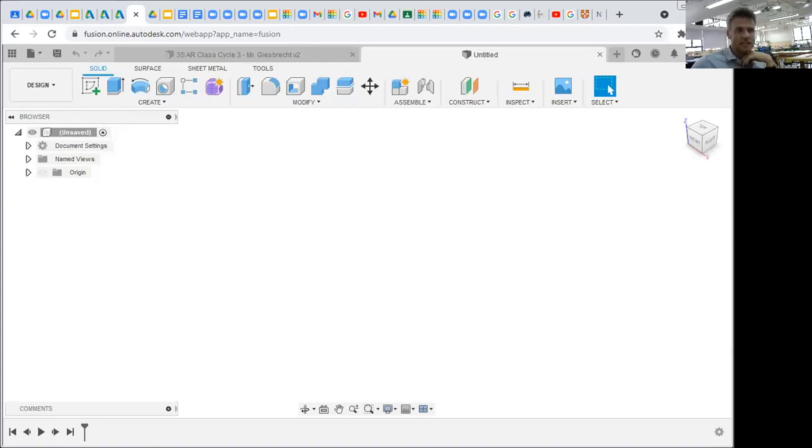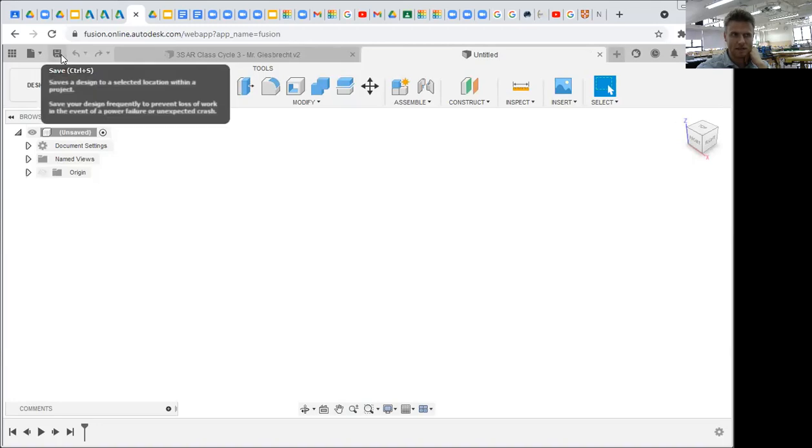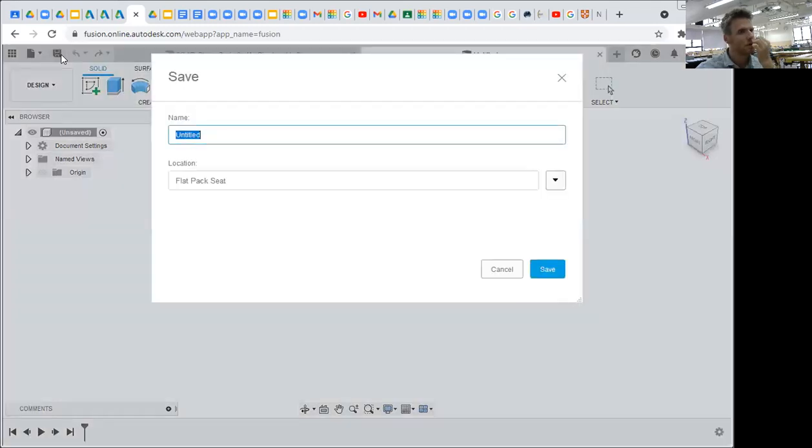All right, so for today's class, we're going to start getting introduced to the Fusion 360 program. Once you've got it open, the first thing we need to do is know how to save our document, so that's what we're going to start with. At the top left corner, there's a save button. If you click on that, you can title your project. We're just going to call this